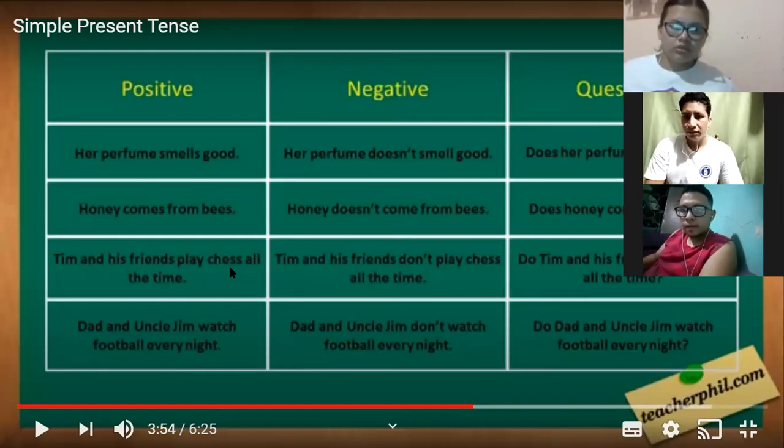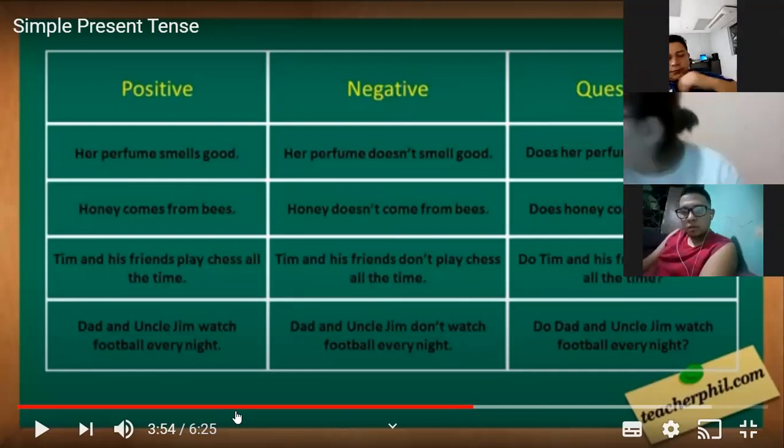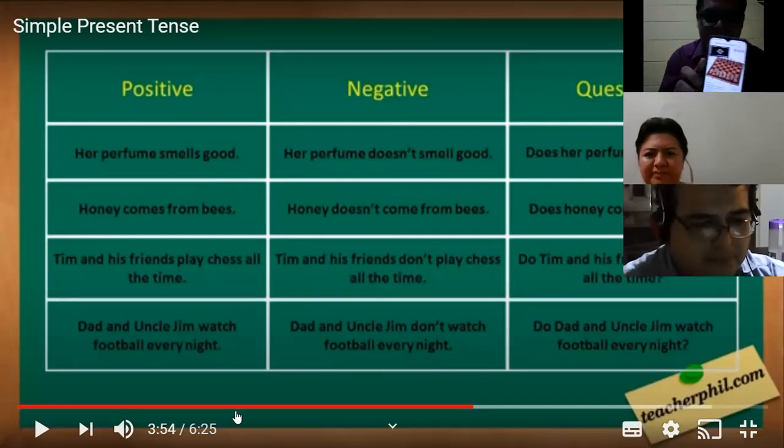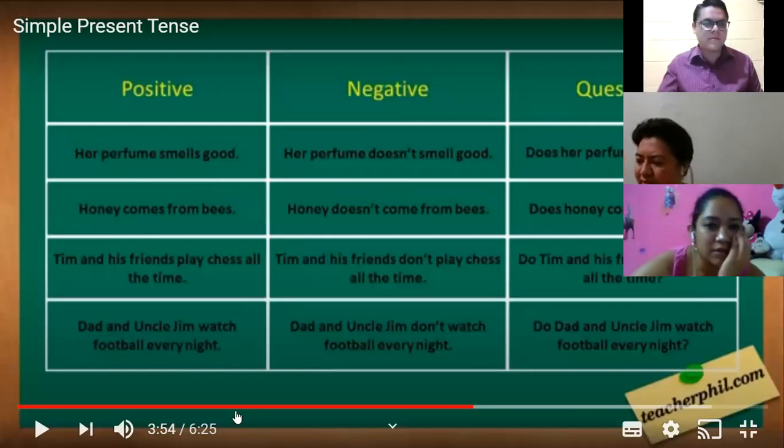Okay, look, this is chess. I don't know if you can see. All right, look. Ajedrez. Yes. Right. So,